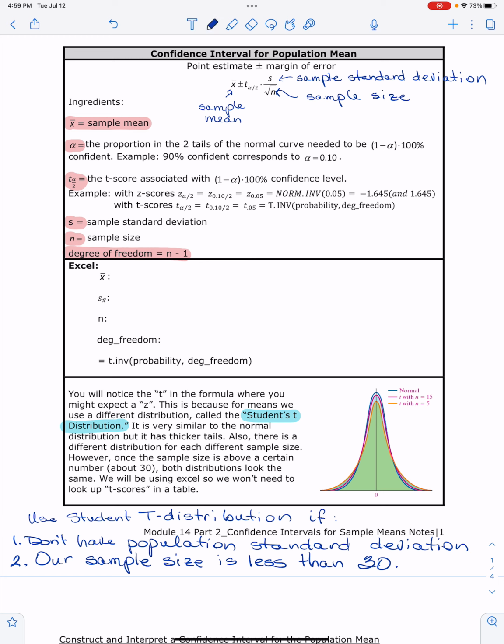So in Excel, I'm going backwards here. We've got this from above. X bar is our sample mean. I just wanted to give you the chance to write this out. S sub X bar is our sample standard deviation. We will need that so that we can find the confidence interval. N is our sample size. And our degree of freedom is n minus 1, one less than the sample size. So the Excel command we're going to use to find a